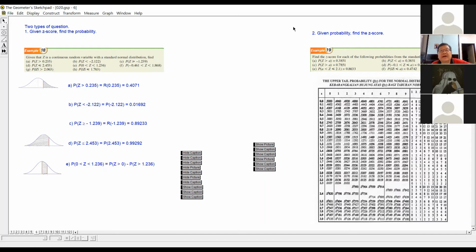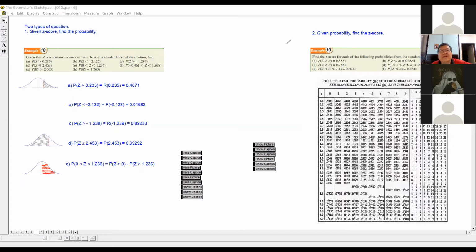That means I use the pen to show you. Where's my pen already? Okay, this one. The probability of Z greater than 0. Greater than 0 is all this. Okay. Then minus the,